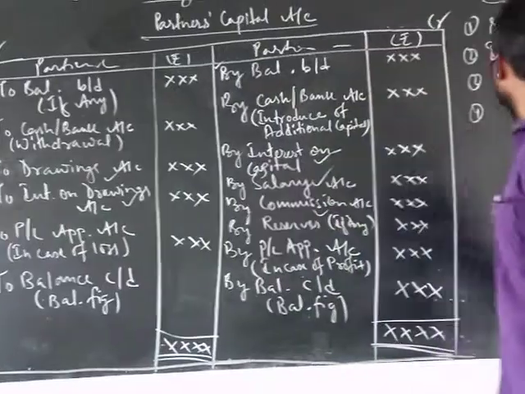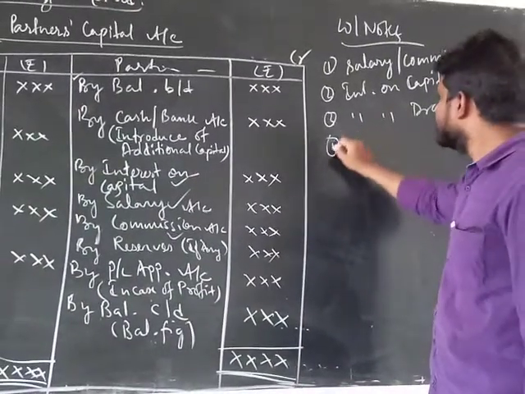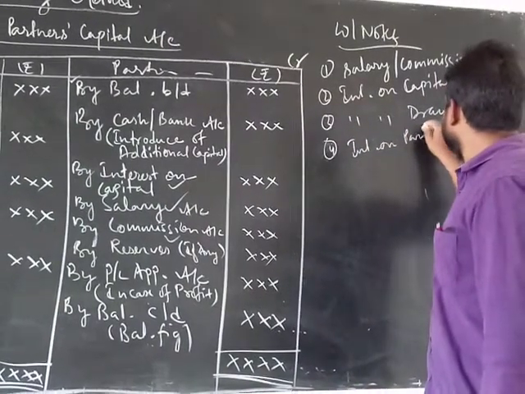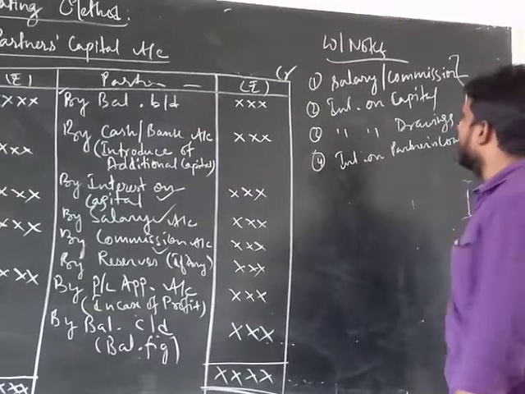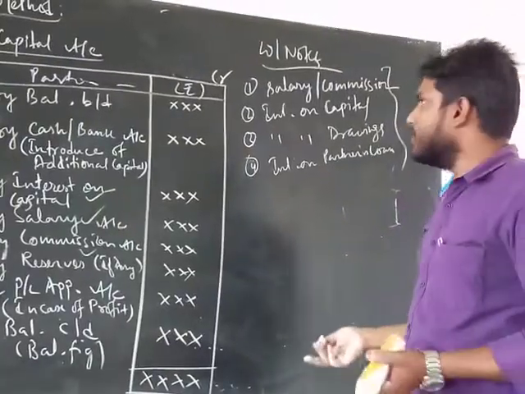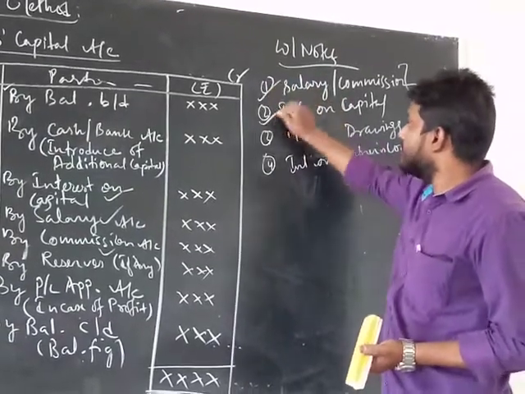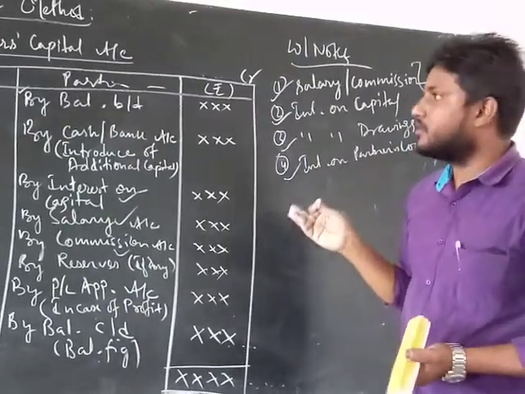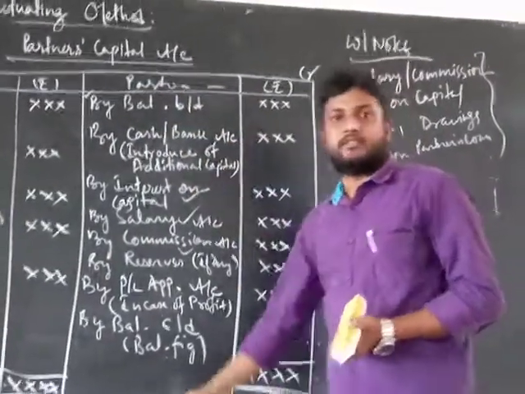Interest on drawings, likewise, we have to prepare. So these are some. Okay, one more thing was there. Interest on partners loan. This we will have to calculate separately. Got it? So in my next class we will discuss all these points individually one by one, and we will do some practical sums or illustrations related to the PL appropriation as well as the partners capital account. So thank you.